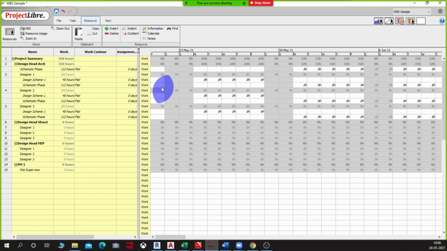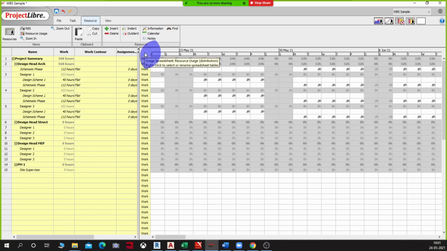This is only showing the work that has been assigned to them based on the project plan we have put in place. This person has been assigned 8 hours per day for 3 weeks based on the schematic and all that. Now what I want to do is start capturing how much they actually worked.